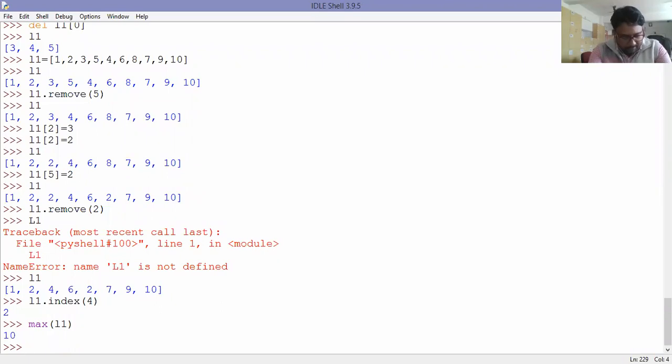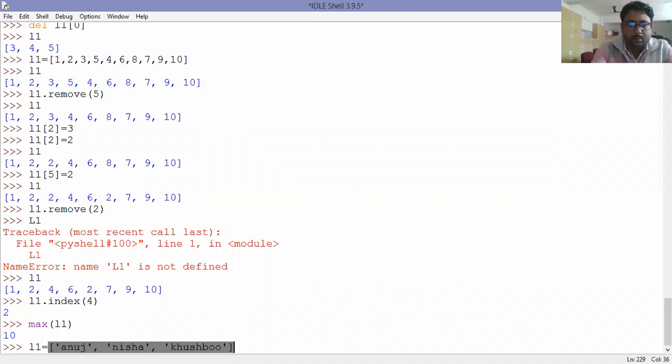And if the list contains names, students, then what will happen? L1 equal to Anuj, Nisha, Khushbu.